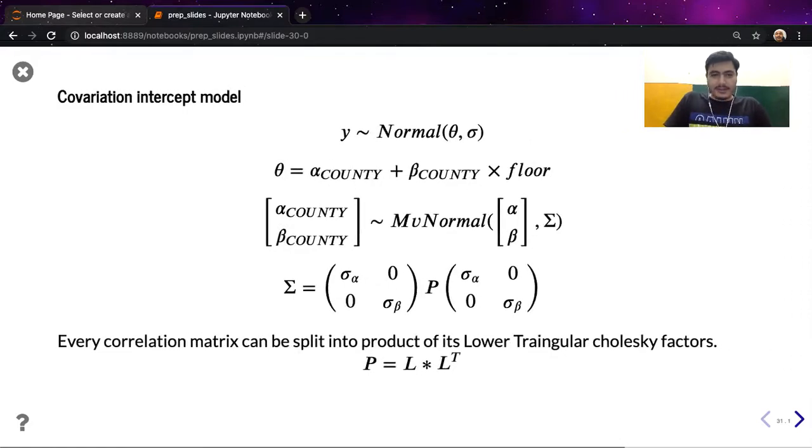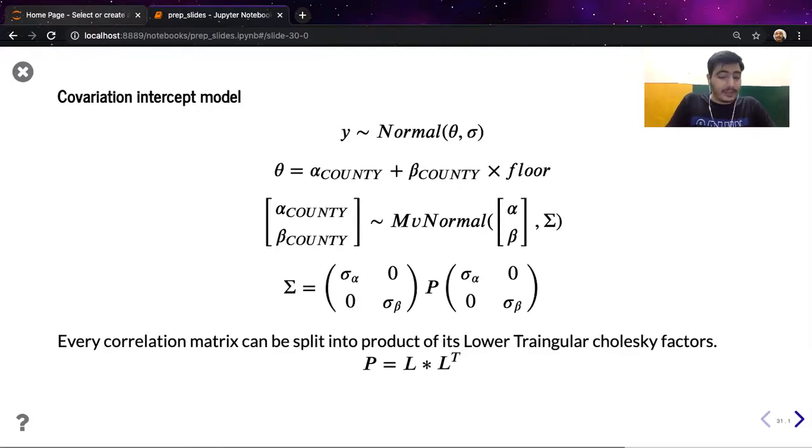So this is how our data generating model looks like. We're going to be making use of a hierarchical model. The main idea behind a hierarchical model is that we assume the samples of the data are generated from a population, and a population has certain parameters, the mean and standard deviation. If we assume the population is normally distributed, here we are also trying to capture the correlation, if there is any, of the intercepts and slope of individual counties. And for modeling the correlation, we are making use of a multivariate normal distribution.